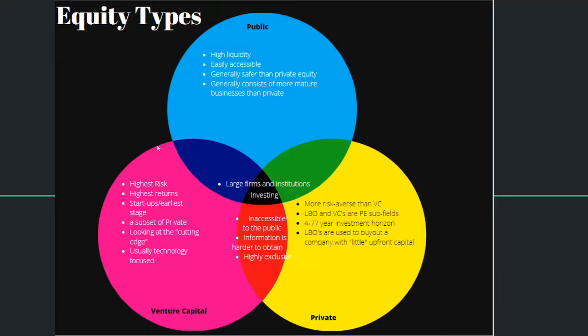Now, something I want to talk about with all of these different equity types is that there's always going to be risk in any type of investment, but it's all relative. While I would consider public the least risky investment, that doesn't mean that there's no risk when it comes to public investing. You'll see companies go bankrupt even if they are publicly investable. That doesn't make them any safer, but typically if a company has made it public, that means that it is a little bit more promising than a private company.